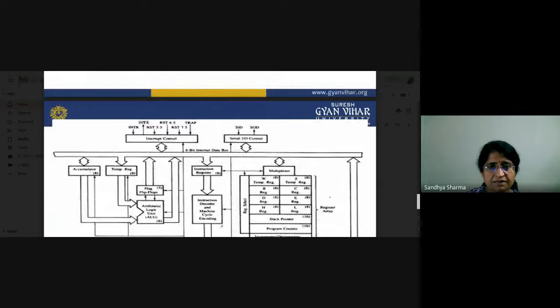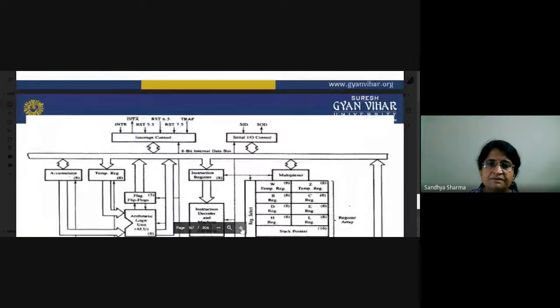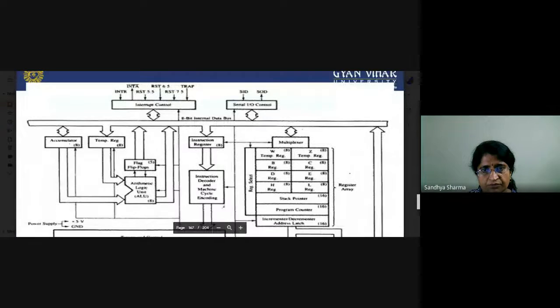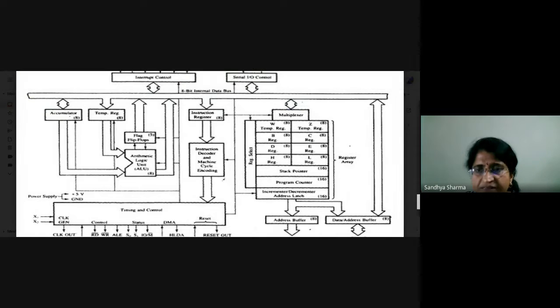Now this is our complete 8085 diagram. In this diagram, we will slightly discuss some parts, and enhancing some parts will be better to show you. This is the register section. There are six registers: B, C, D, E, H, L. These are the registers. We also have the stack pointer and program counter. In further slides we will study each particular part.